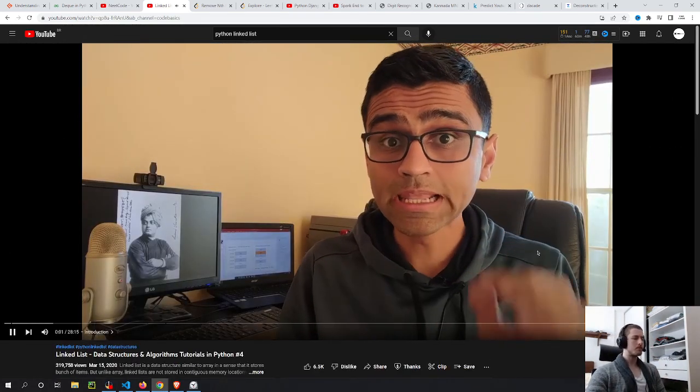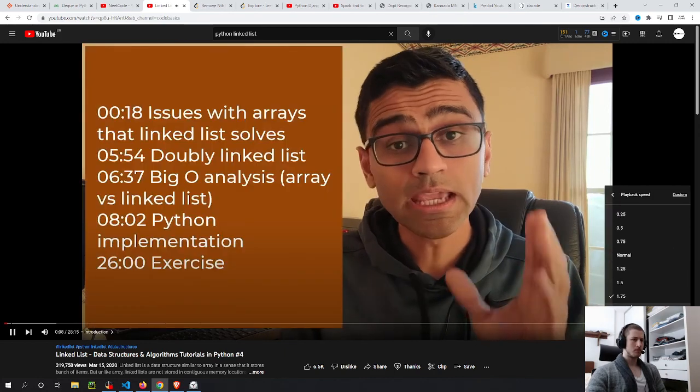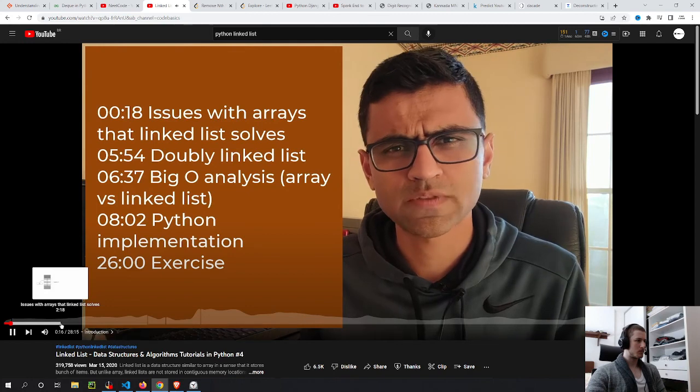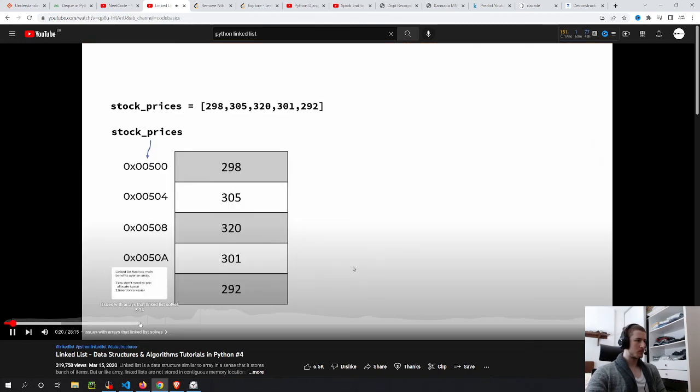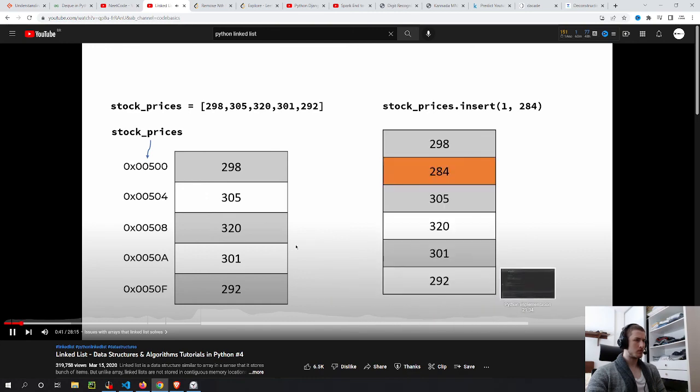We will be implementing linked list in Python today, and we'll go through various operations on the linked list and the big O complexity. In the end, as usual, we'll have an interesting exercise for you to solve. And here is the list of topics. So if you want to skip ahead to a specific topic, feel free. To understand linked list, we first need to look into array because there are some issues with arrays that linked list tries to solve. Here I have an array of stock prices, and this is a memory layout of those stock prices. Basically, there are 5 elements in this array. If you want to insert an element 284 at location number 1, then it will insert